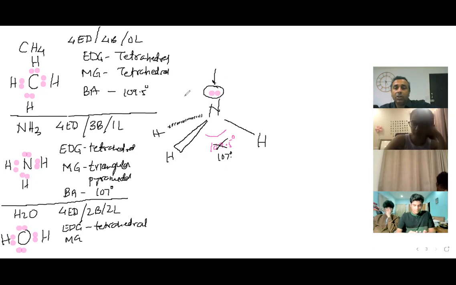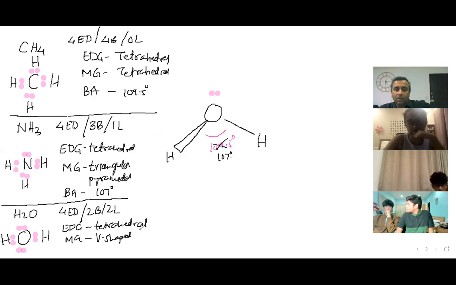Now the molecular geometry. So I will make the water molecule from this only. I will have to first replace that nitrogen with oxygen. Also, I have to remove one hydrogen. So let's say I'm removing this hydrogen because it's only H2O. Okay, so what is the shape of the molecule H2O? How does it look? Angular, or V-shaped.